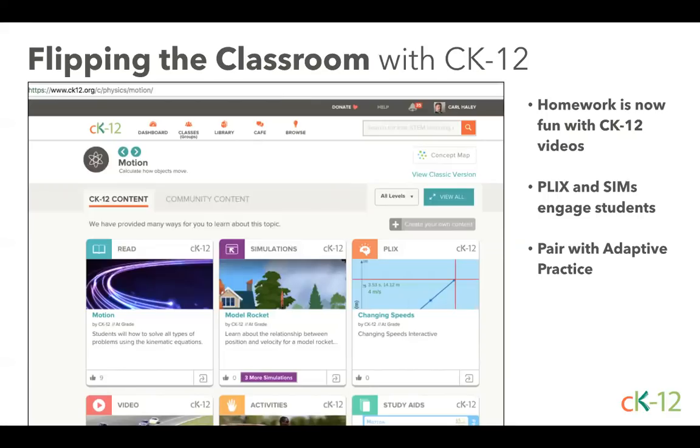You can also pair all the concepts that you see with all the modalities you see with our adaptive practice. So you can flip your classroom and then give them a little bit of adaptive practice to do as a way of seeing how much they know before you have your big lesson in